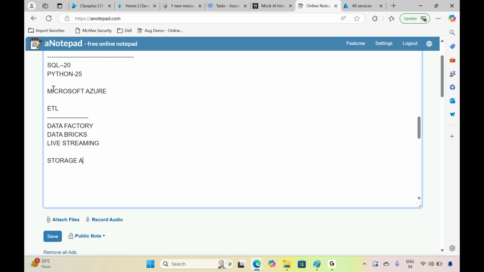Then for storage-related services, we are going to discuss the storage account with blob storage, Data Lake Gen2, Azure SQL, and Synapse Analytics.